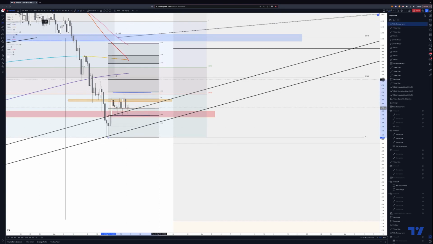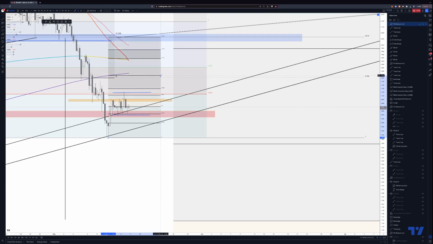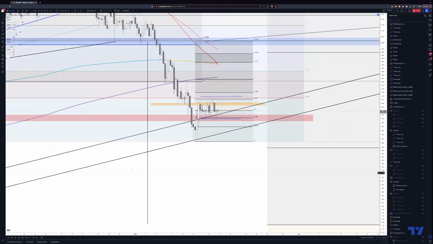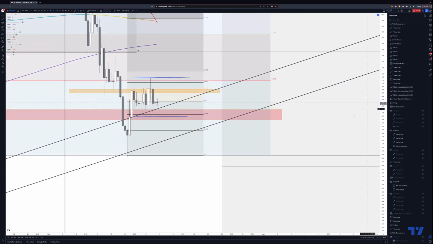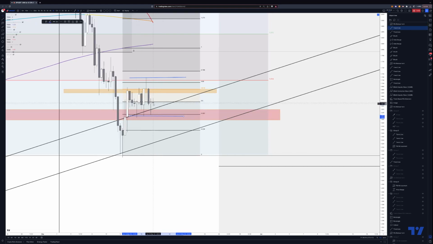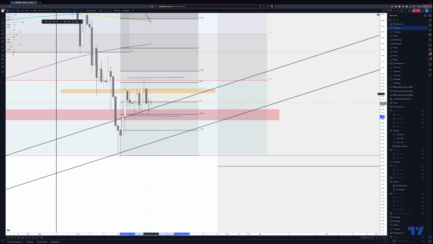If this is our 618 level, it does fit. 618. Let's just do this so you can see a bit better. A bit too big, is it? You can see the trend lines. So this is our, there's a lot of wicks on the bottom with upward pressure, and it can potentially,